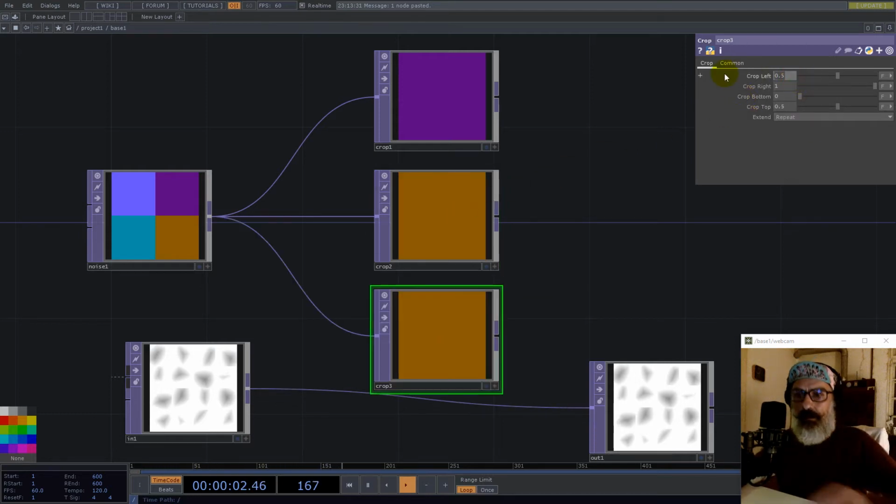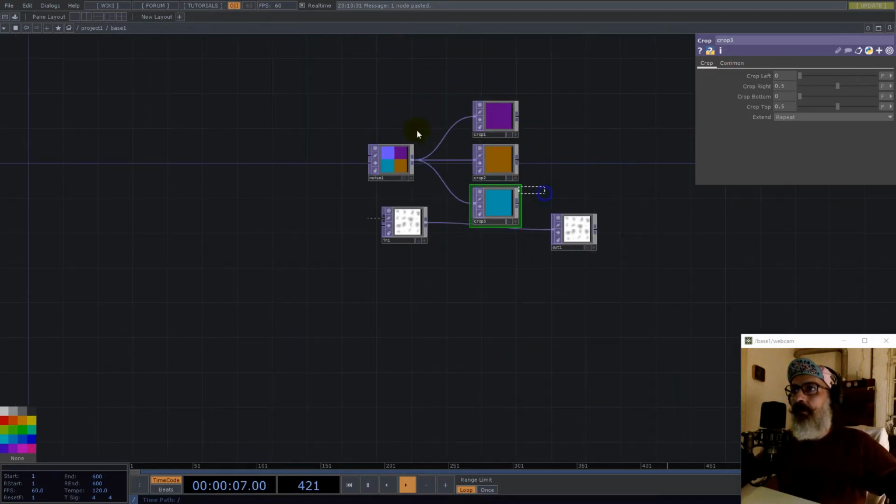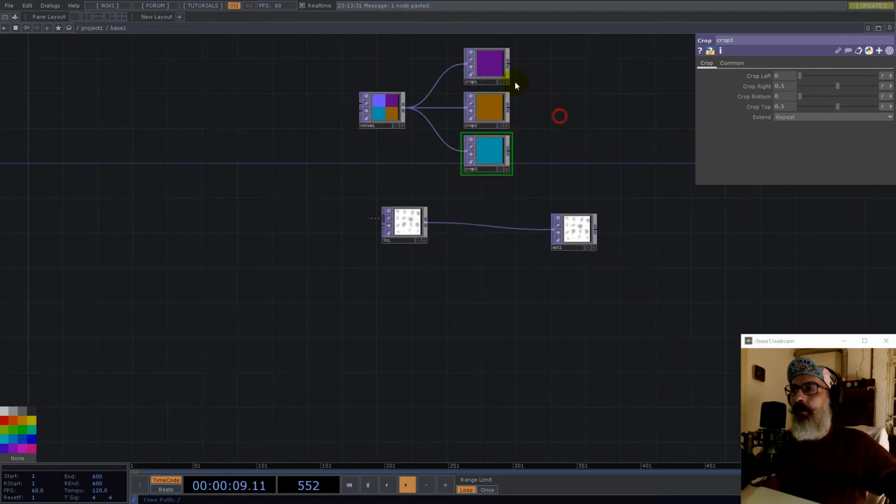Now we switch there, 0.5, and we need another one. So let's copy this, and it's 0 and 1, and 0 and 0.5 now, and